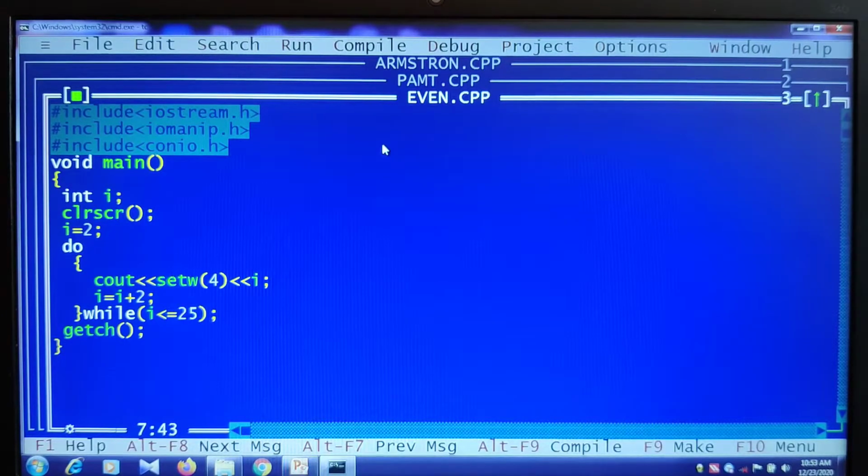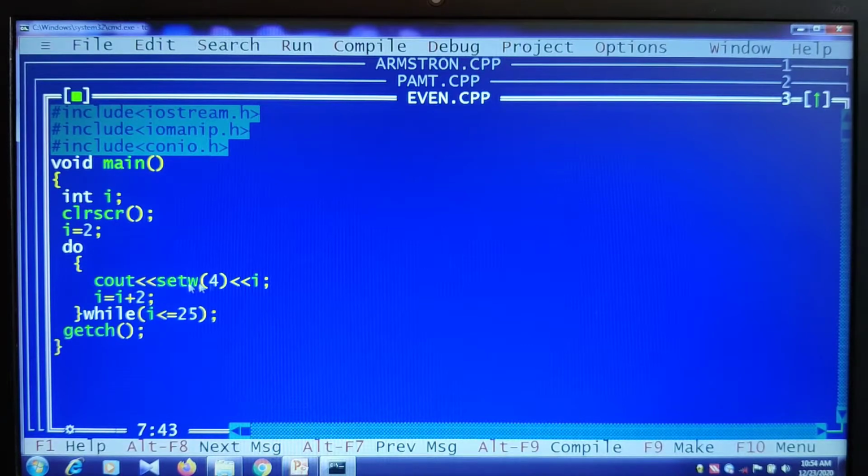Okay, let me show the execution of the program to print the even numbers from the range 1 to 25. Now look at the same program here. I have initialized the value of I to be 2, and because we are using the do while statement, the condition will not be tested initially. Therefore we can refer to the do while statement as a post-tested looping structure, because the condition is checked at the end. So irrespective of whether the condition is true or false, the statements will get executed at least once. Here the control directly makes an entry into the loop.